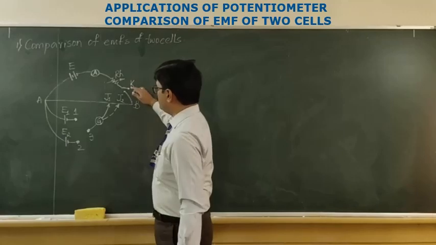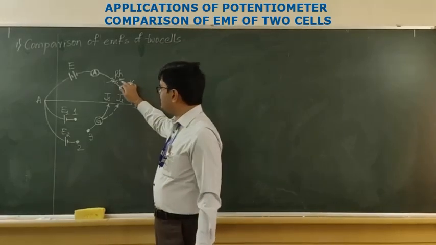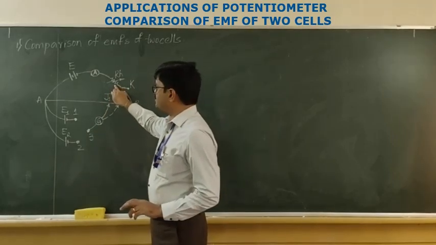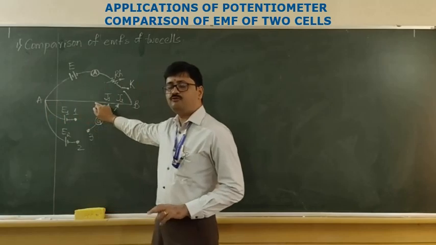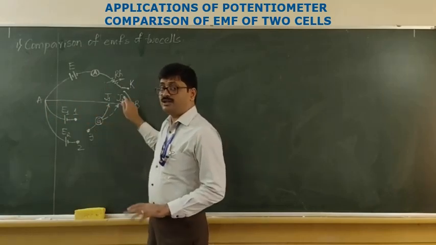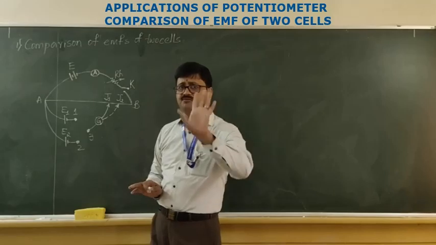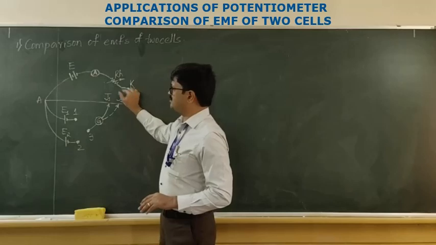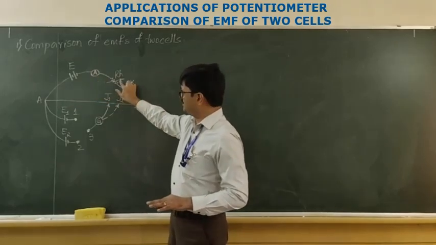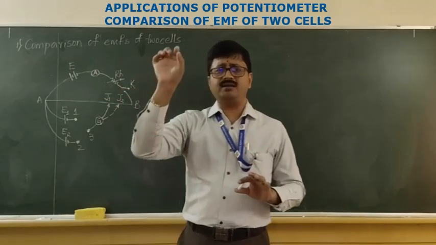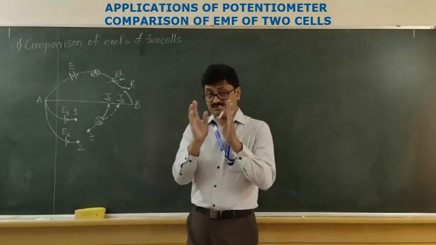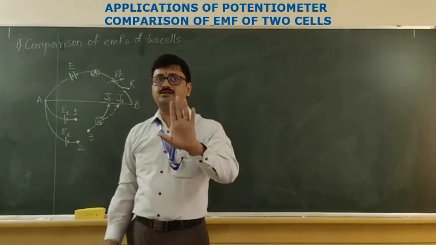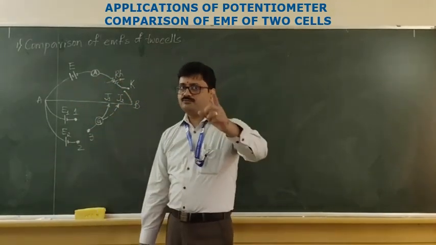Now firstly we should close key K1, then adjust the rheostat to a required level of resistance so that we can establish a uniform value of current in potentiometer wire AB. This is the first step that we will ensure. After this, we should never touch this auxiliary circuit, and the rheostat should be set to that resistance value only. In this auxiliary circuit, the rheostat should never be touched. This is the approach that we should have.